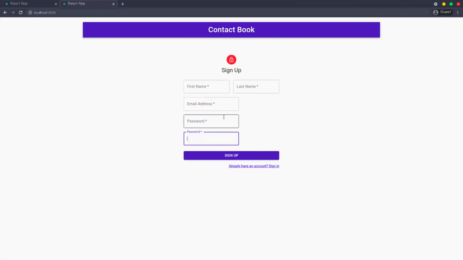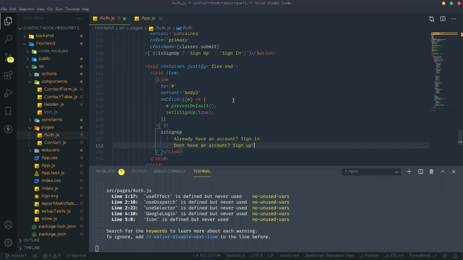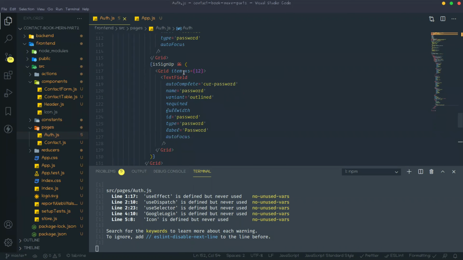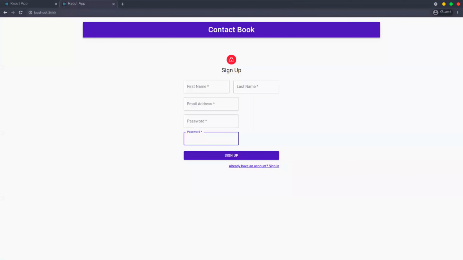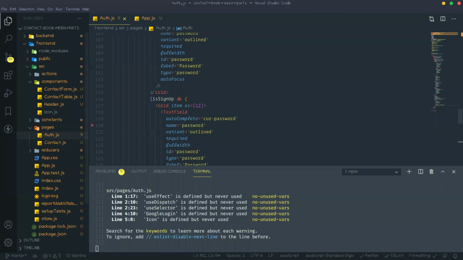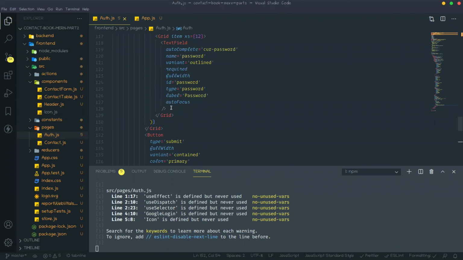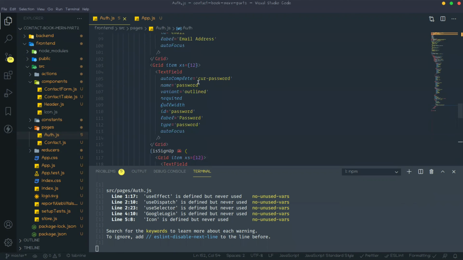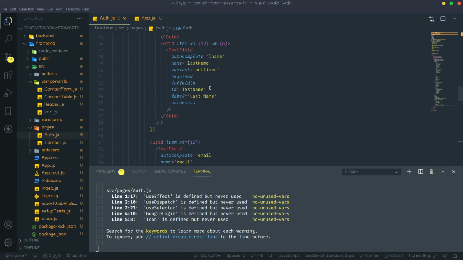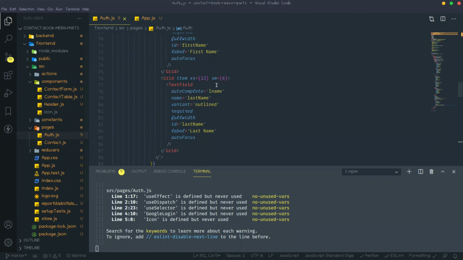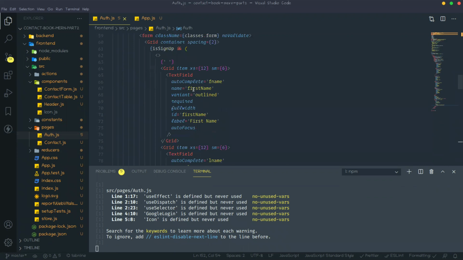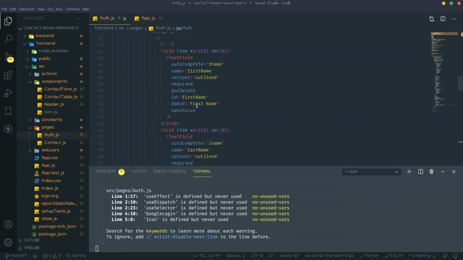Okay, so I typed 12, that is fine. Why is it not working? It's 6 6. Okay. The first name, last name 6, then 12 12.